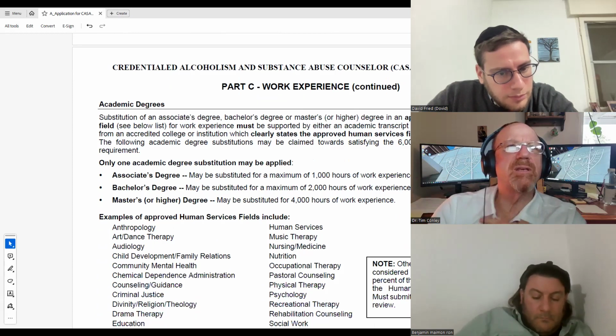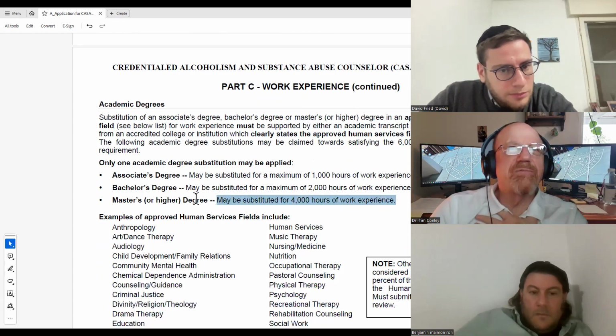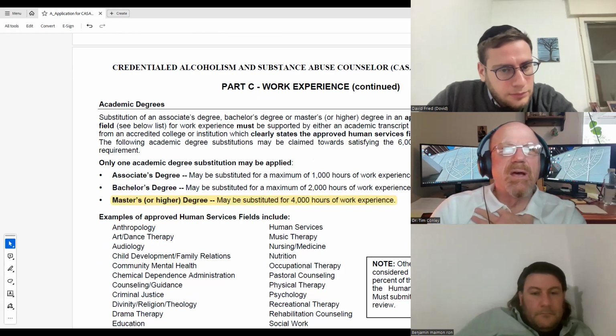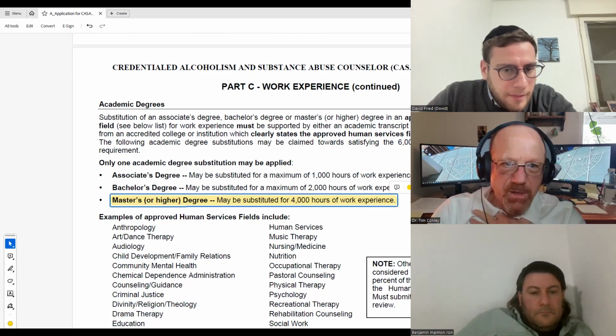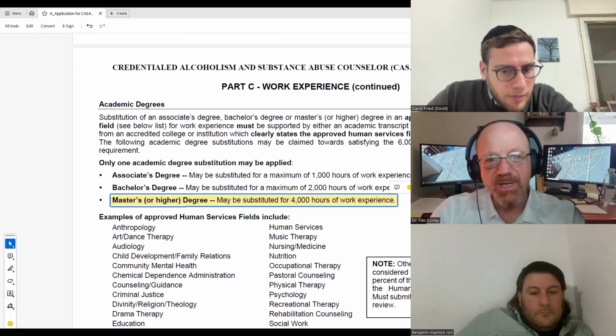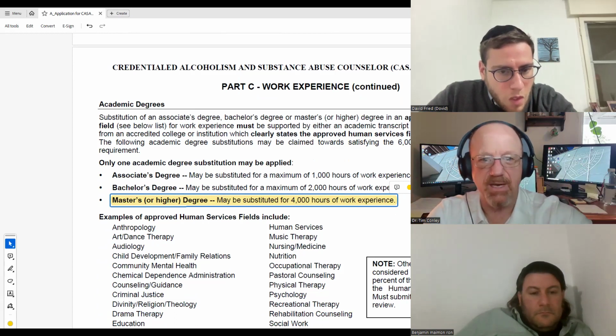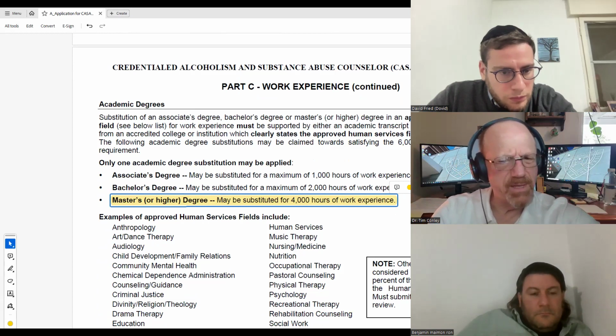So we're still in Part C. This is where they finally tell us, MS stub holders, that of the 6,000 hours of experience that they're talking about here, your master's itself counts for 4,000. It actually counts for more if you do your placement in an agency, in an OASIS setting or a mental health setting. You with me on that?